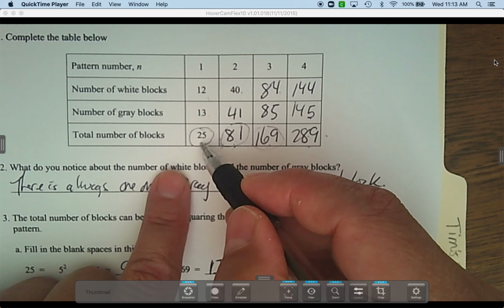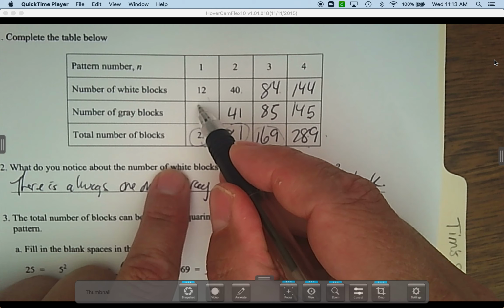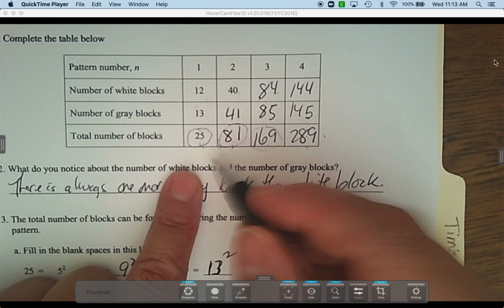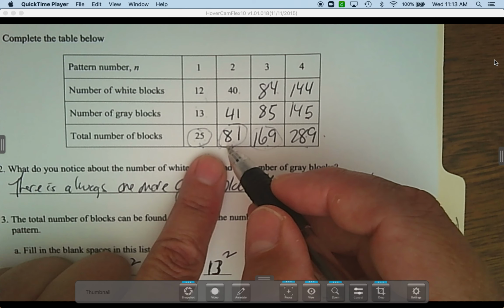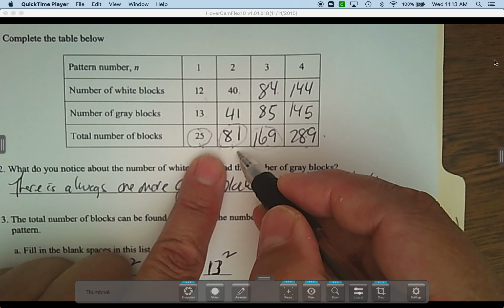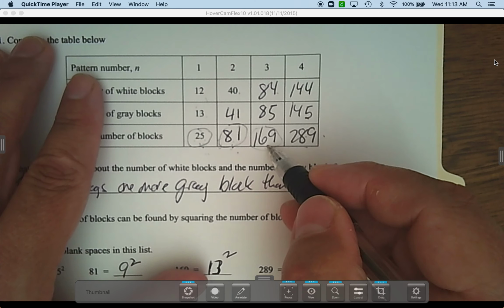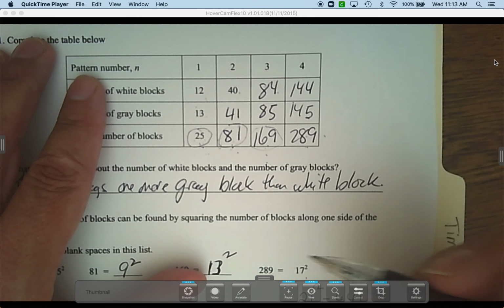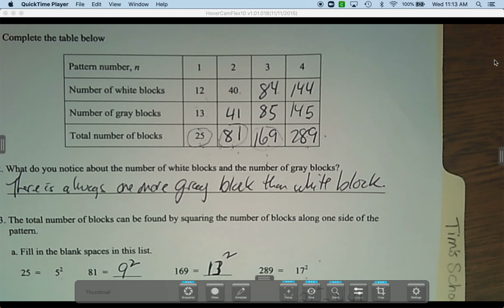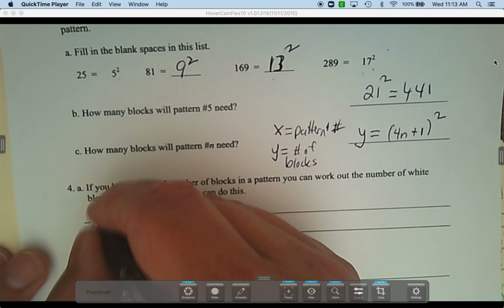So what's 25 take away 1? And then what would you do? Divide by 2. Does that give me 12? Yep, 25 take away 1 is 24, divided by 2, and so on. We'll write it down algebraically. What's 81 take away 1? That's 80. Divided by 2? Same thing. So can you subtract 1 and then divide by 2? 168, divide by 2, it matches. So we have a pattern here we can follow. So how would you do it? So you would subtract 1,